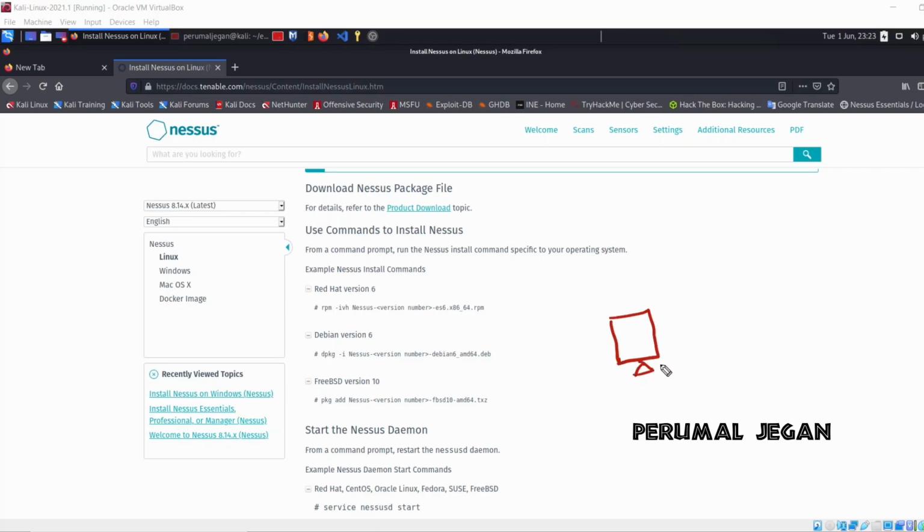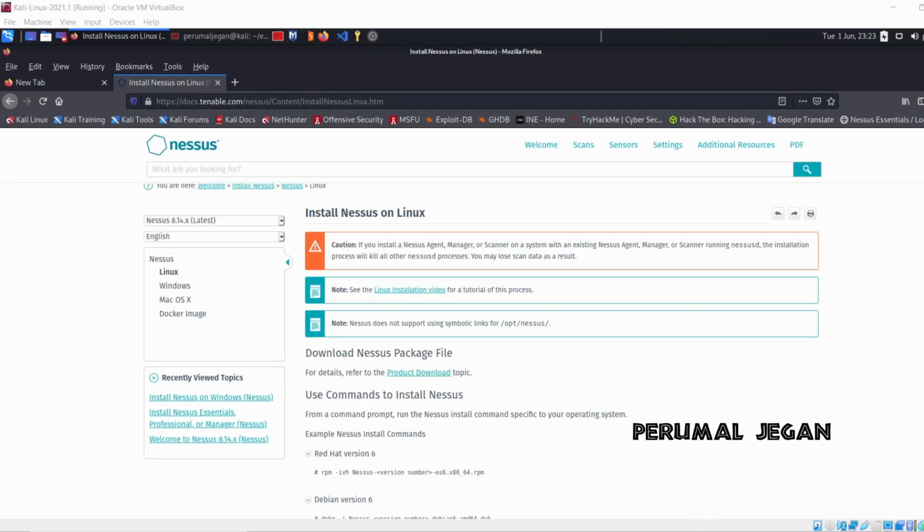Both client and server will be located inside your machine. In this case, both are located on my Kali machine. So you will be using the client to interact with the Nessus server. You are going to initiate the Nessus daemon. Once the Nessus daemon is initiated, from this machine you are going to log in to the Nessus portal using the browser. It's a GUI.